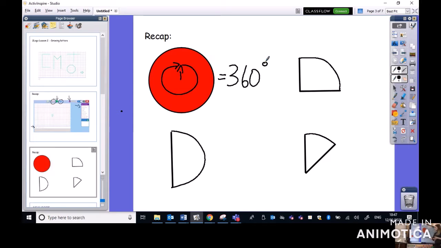What if I wanted my character who started here to turn around and face the other direction? How many degrees would I need him to turn in order to face the other direction? Well, if I wanted him to turn around, I would need half of a full circle, because I can see a half turn is half the amount of a full circle. So that would be